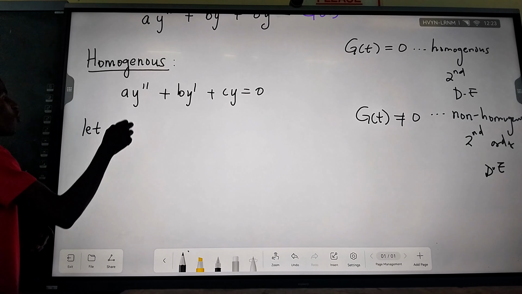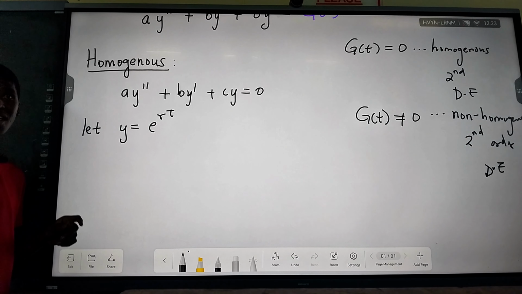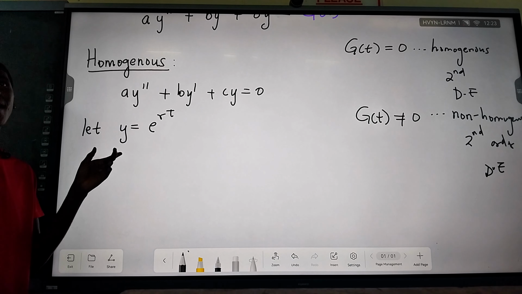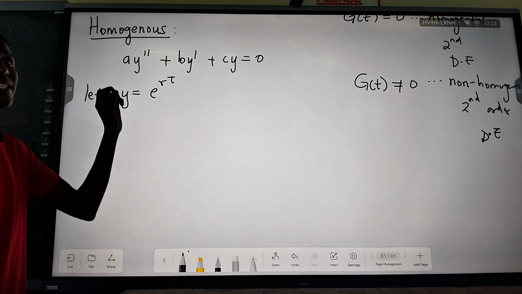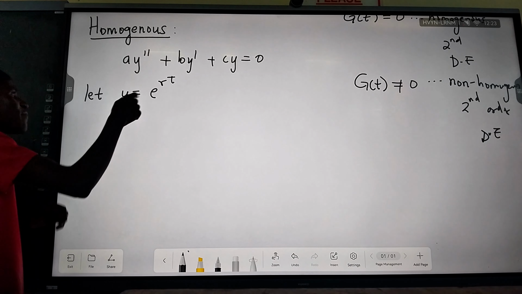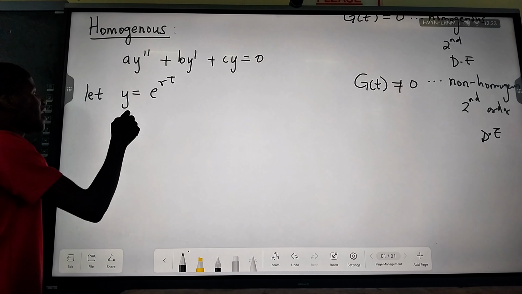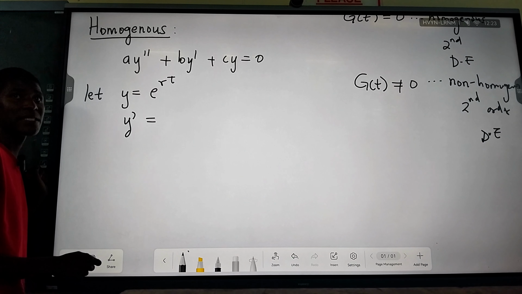You always let y be equal to e to the power of rt. I'm just showing you a general format so that next time we can skip a step. So you let y be equal to e to the power rt, such that the derivative of y with respect to t is